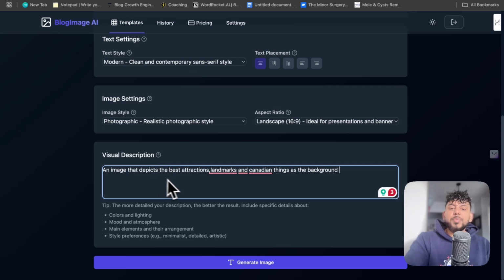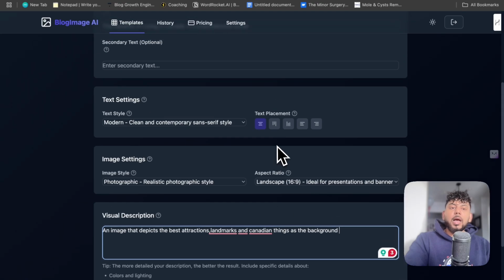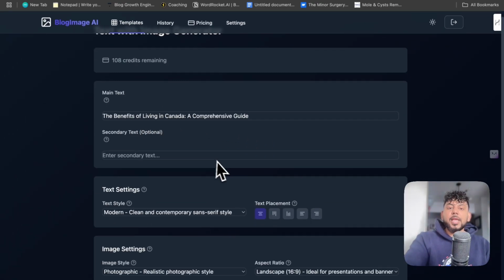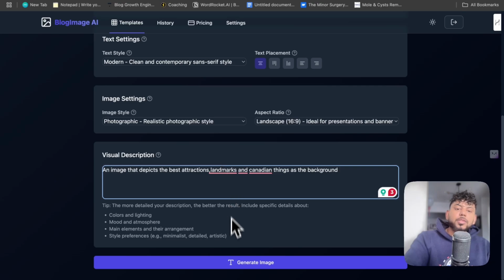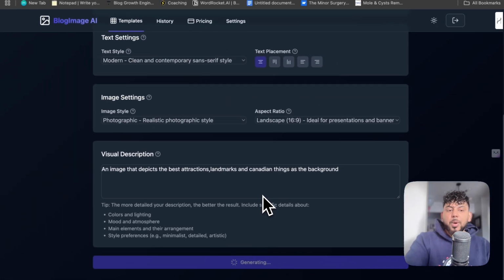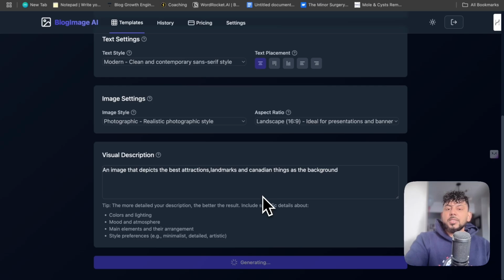So I want an image that depicts the best attractions, landmarks, and Canadian things as the background. And then in the front, the text or the overlay will be the benefits of living in Canada. So I'm happy here. Let's go ahead and click generate image. This is going to take us about 15 seconds and we'll be able to get a nicely designed cover